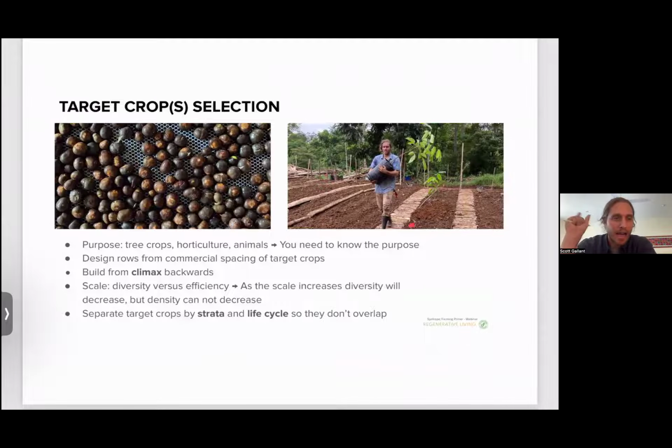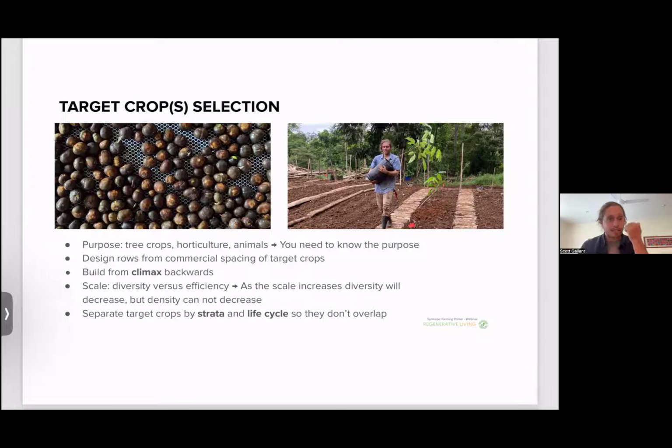So this is where design work really starts becoming more detail-oriented. The selection of the target crop. You can design a syntropic farming system for tree crops, which is mostly what we're doing. We're in the tropics. We have this abundance of amazing tree crops. You could design for horticulture. You could design for animals. You could design for a diversity of fruit trees. The key is just understanding that purpose, because it's really going to then inform your row spacing. And so the selection of our target crop